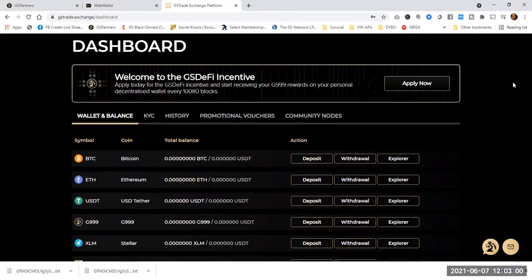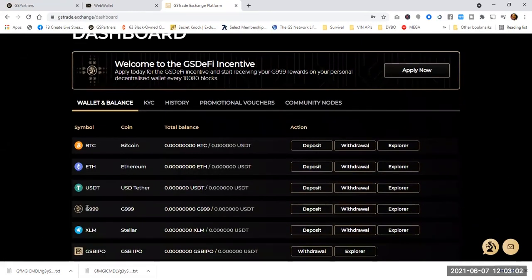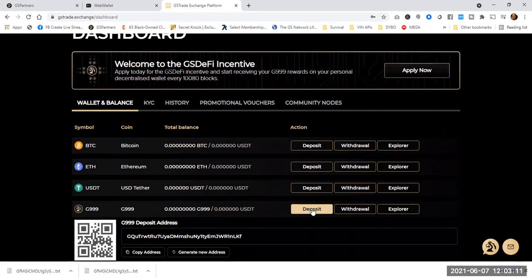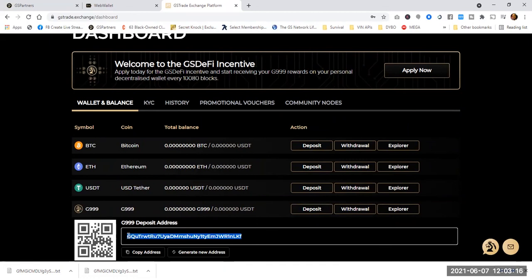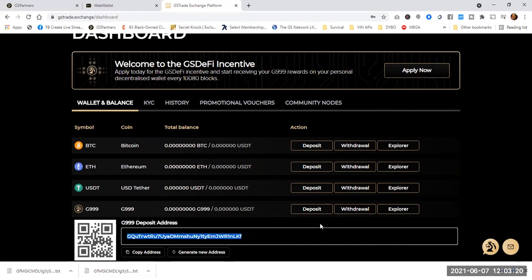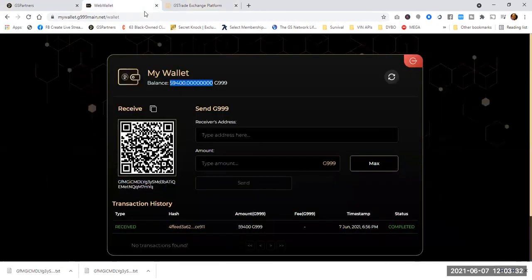And once it loads, you scroll down, and here is your GS Trade G99 wallet. So what we want to do is click deposit. Then this address right here, we want to highlight and copy. Okay, we clicked deposit under G99. You just move over, click deposit, highlight this address, copy it, and then let's come back here to